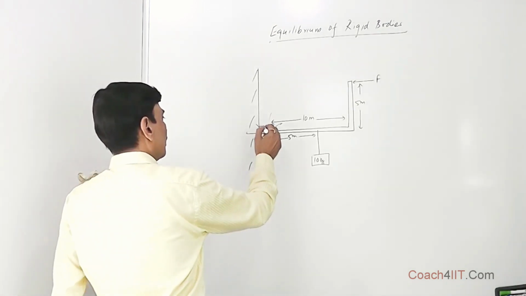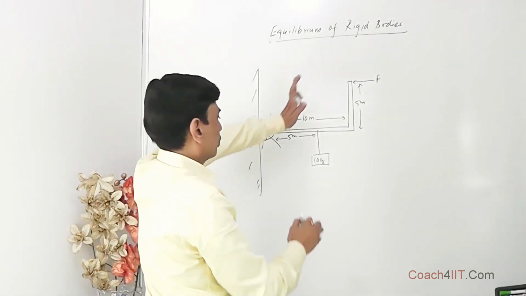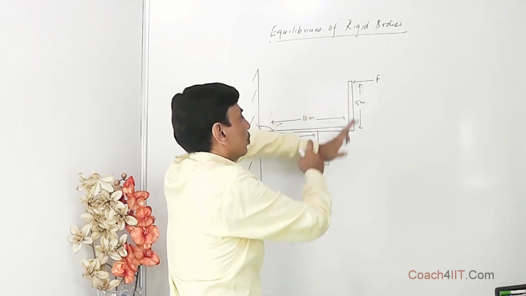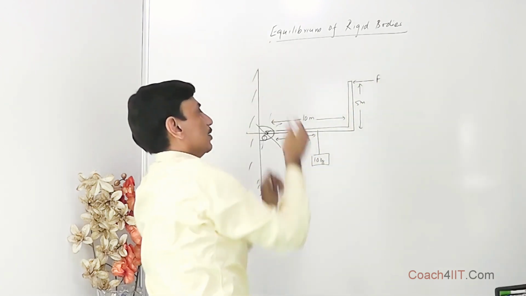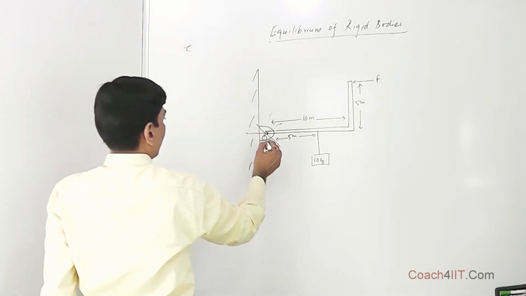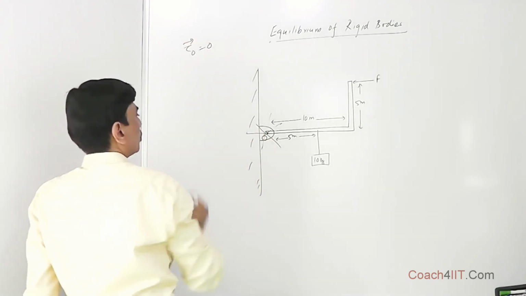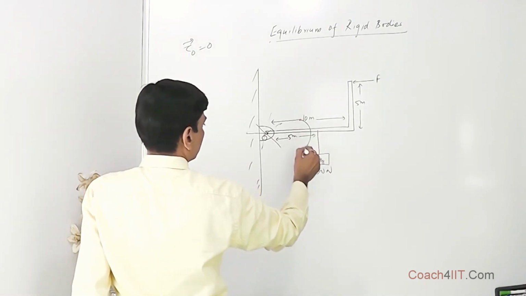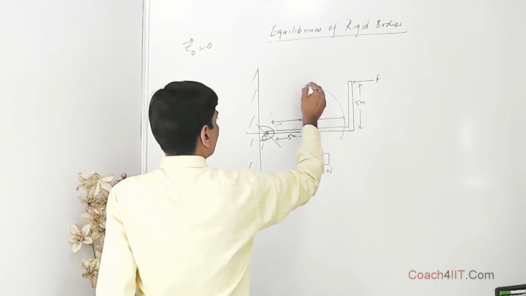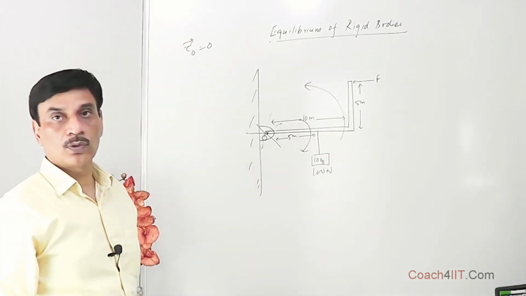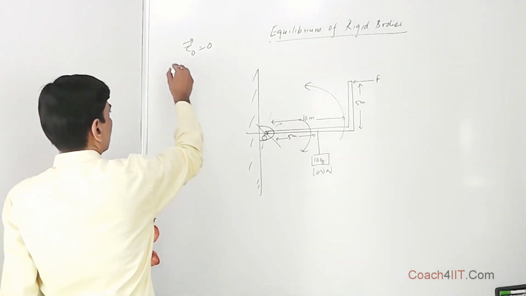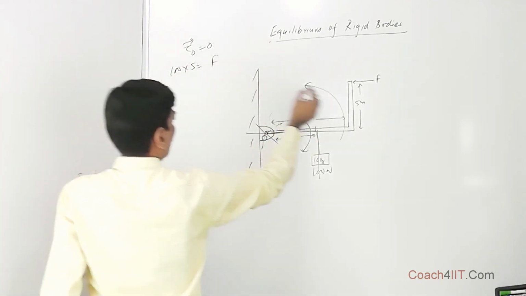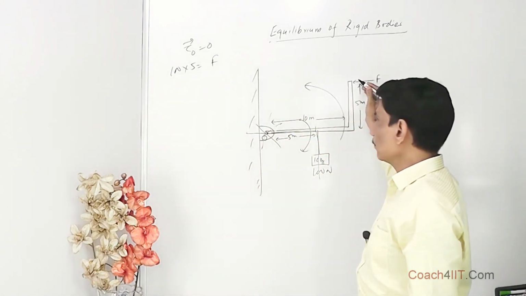Now, having taken this as the axis, there are two forces: the 10 kg mass, that is 100 Newton, is trying to rotate this way and F is trying to rotate this way. So the torque about O is going to be equal to 0. Clockwise moments are equal to anti-clockwise moments. So it means 100 into 5 is equal to F into,